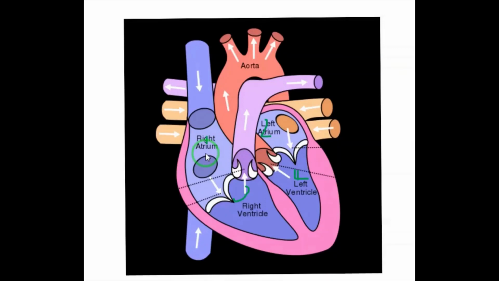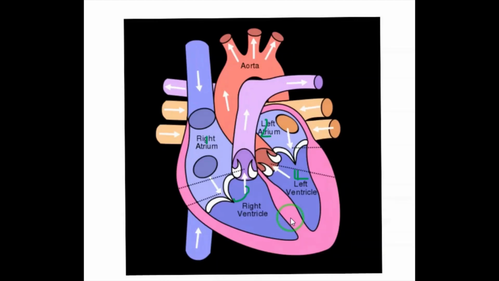Okay, children. Then the two ventricles, this lower area. The two ventricles are separated from each other by the interventricular septum. The ventricles have thick walls. Already I told you, why do these ventricles have thick walls? Because they pump out blood with force away from the heart. So the ventricles have thick walls.